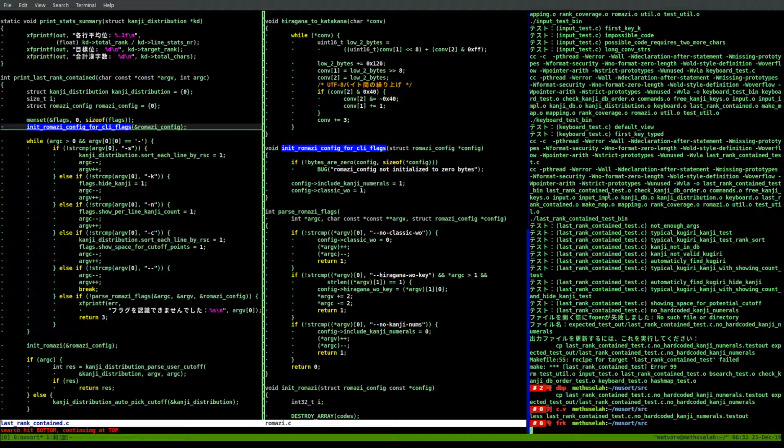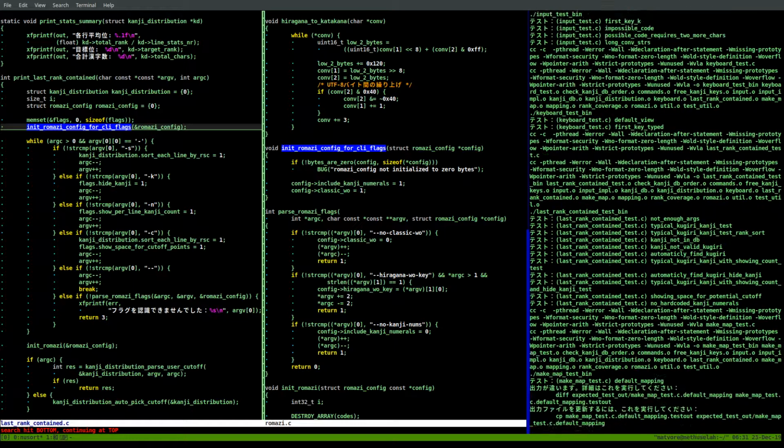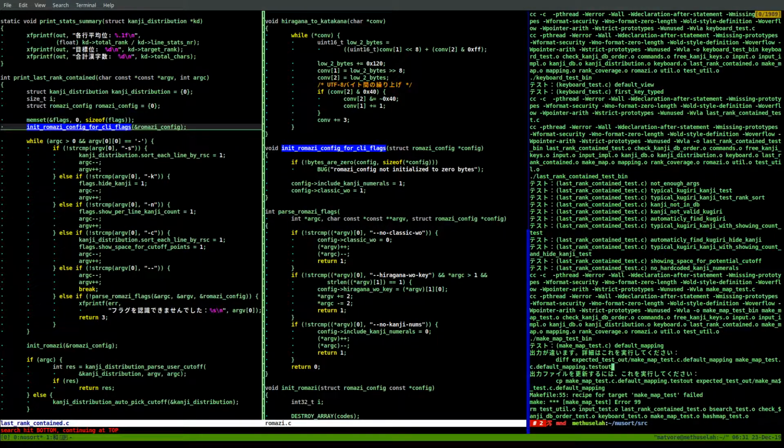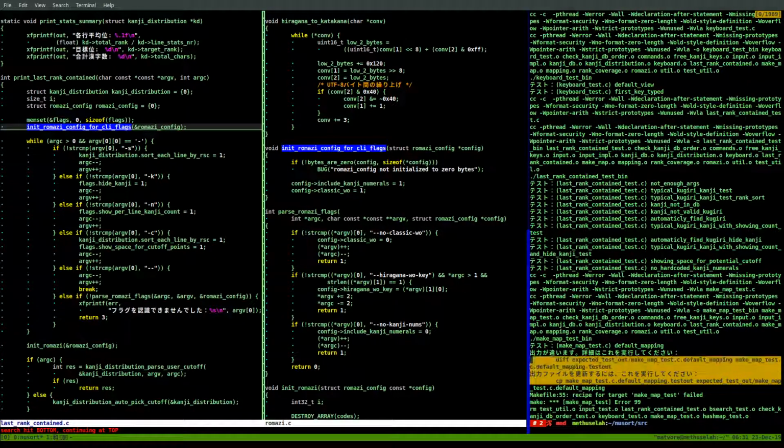Okay, let's try this again. Let me start. Okay, things look snappier now. I basically just restarted a bunch of apps. I don't really know what was going on, but the Xorg process was at like 70% CPU when I wasn't doing anything. So, okay, now we have failed the make map test,